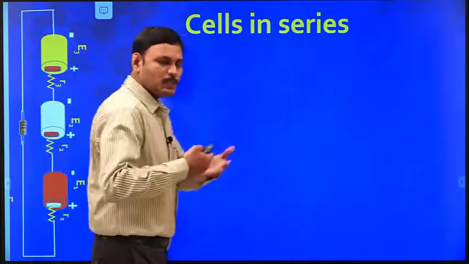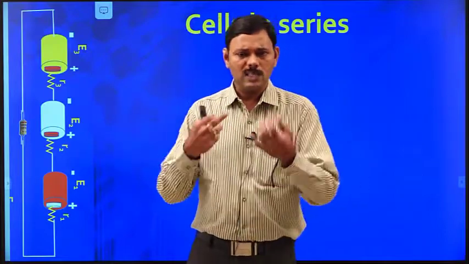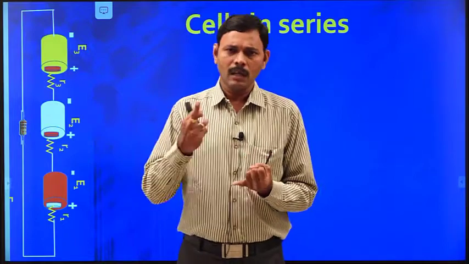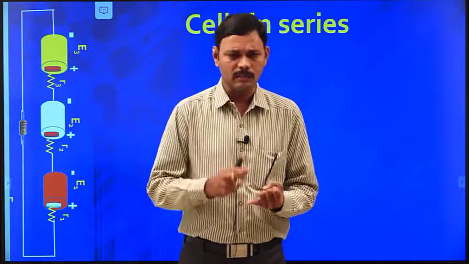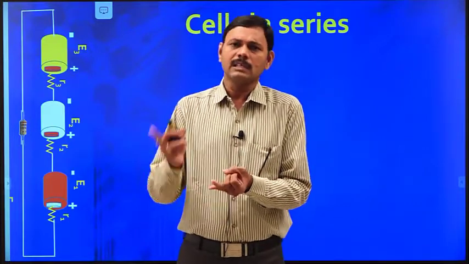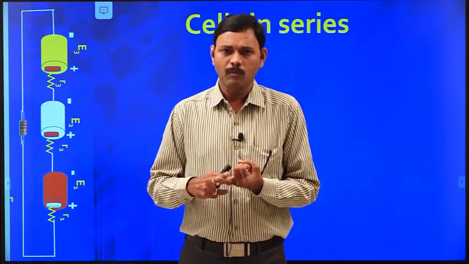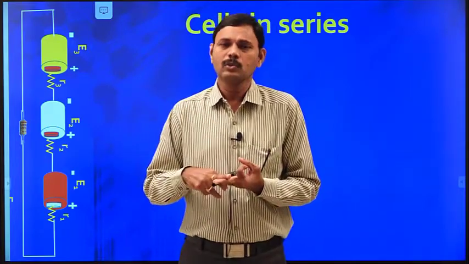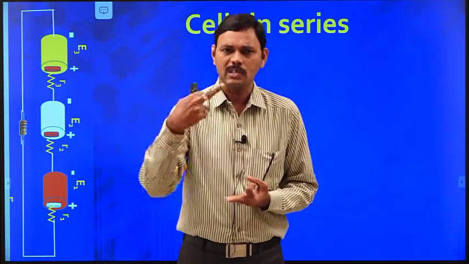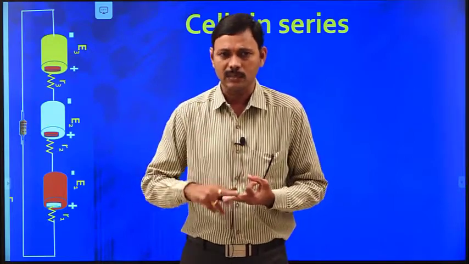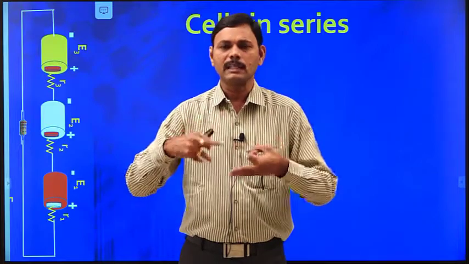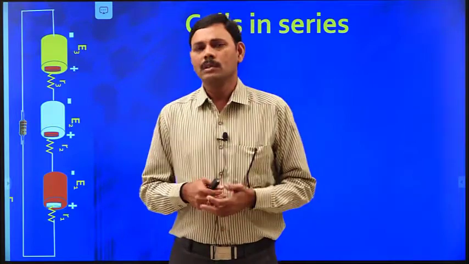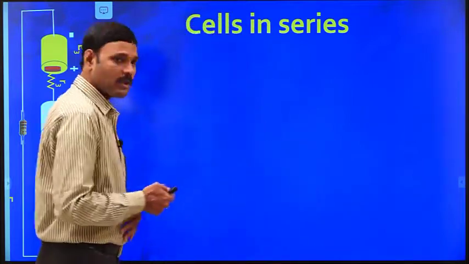So here in this part of discussion, once again I explain how to connect cells in series combination. When the combination of cells is said to be series, that is the first one, then what is the resultant EMF given by the series combination of cells? Then what is the current due to series combination of cells through any external resistance? If external resistance is connected for series combination of cells, then what is the current passing through external resistance? These are the three parts that we have to know in this discussion, that is series combination of cells.